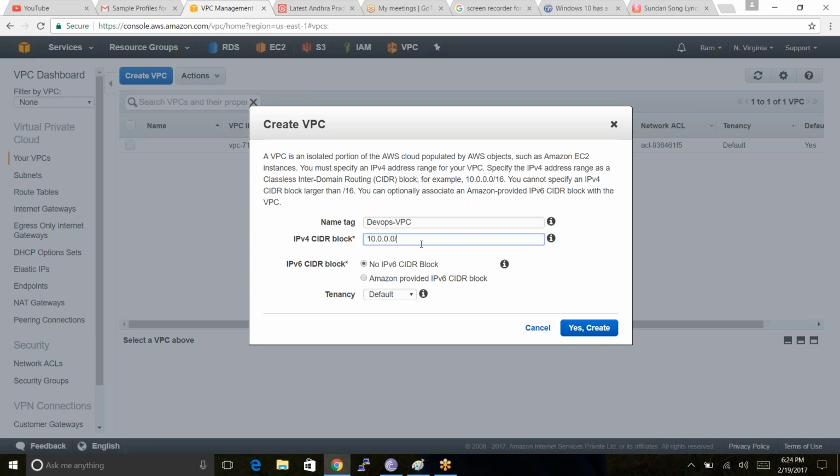This is all because of the IP configuration. An IP address has each part as 8 bits. Let me show you.